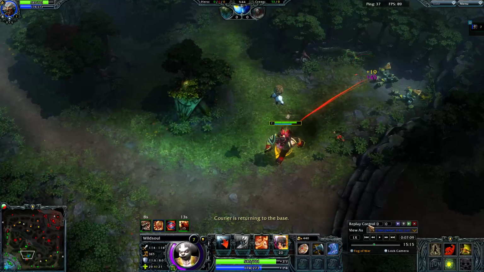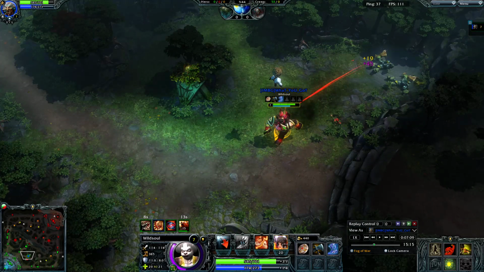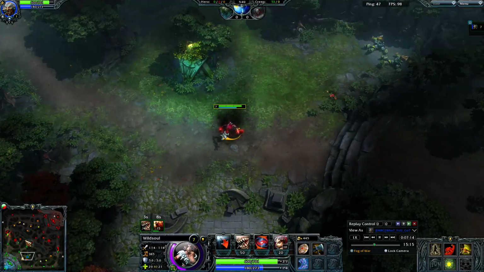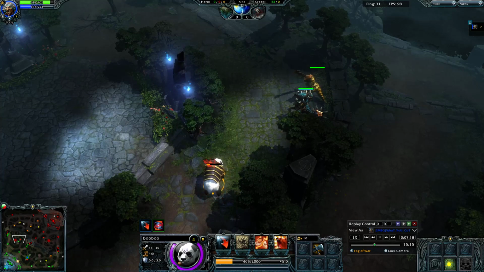And the next item we are going to be building into is Nullfire Blade. Nullfire Blade is very strong on Wild Soul. I think it's safe to say it's probably the strongest item currently on Wild Soul. So we don't have enough time to farm this camp. So what we're going to do is we're going to wait here and stack it. And we will stack with our hatchet